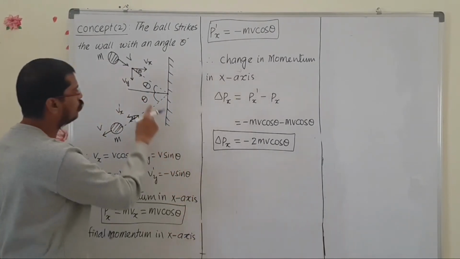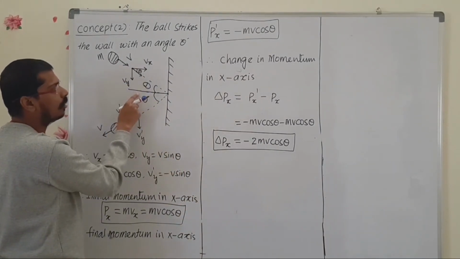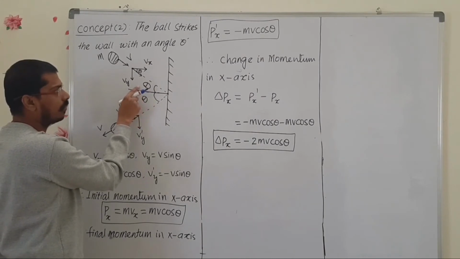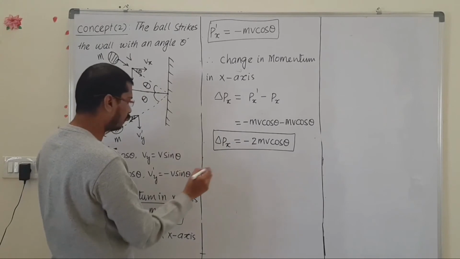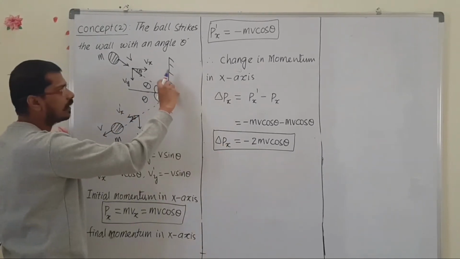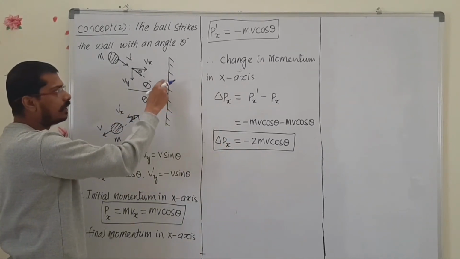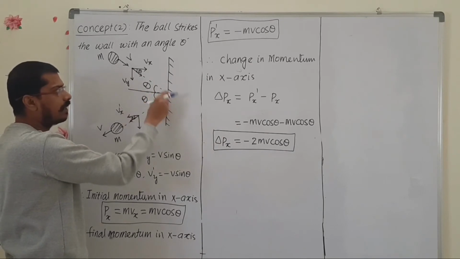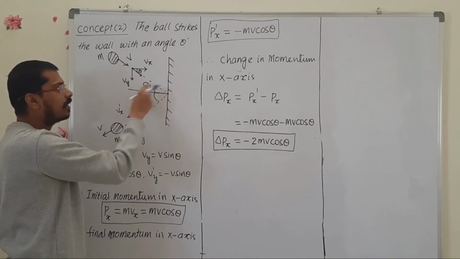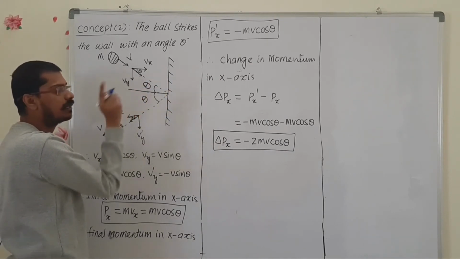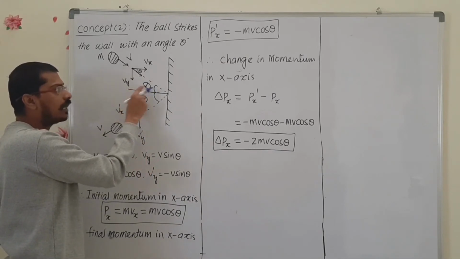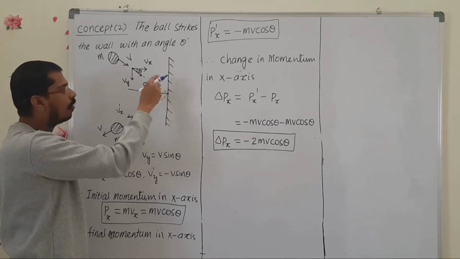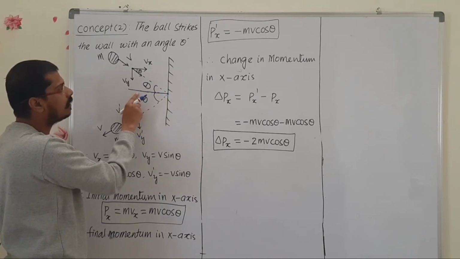We can use this formula only when the theta is inside the wall. Now if the theta is here, then we have to take 90 minus theta, and then you will get the theta value here. One thing you have to remember: the theta should be measured outside, not to the wall. It should always be with the perpendicular line and